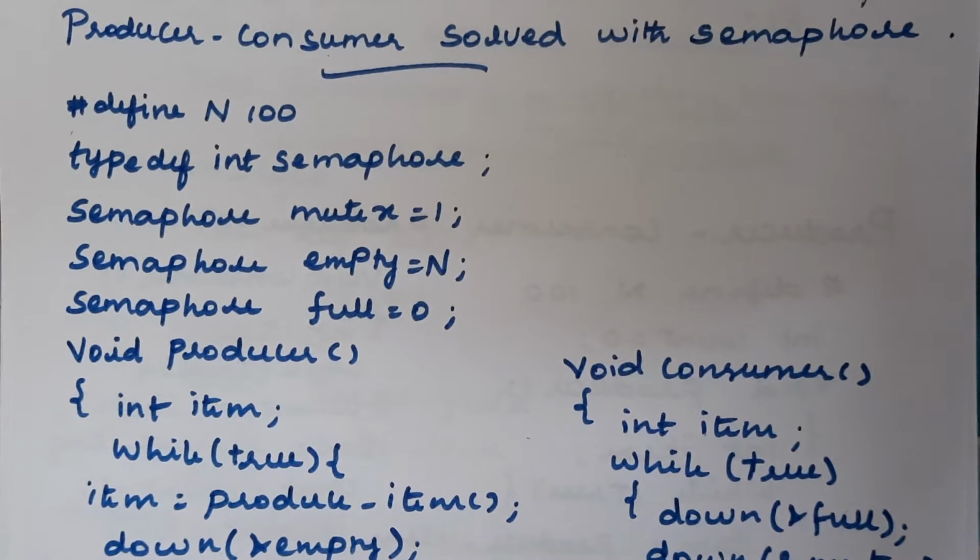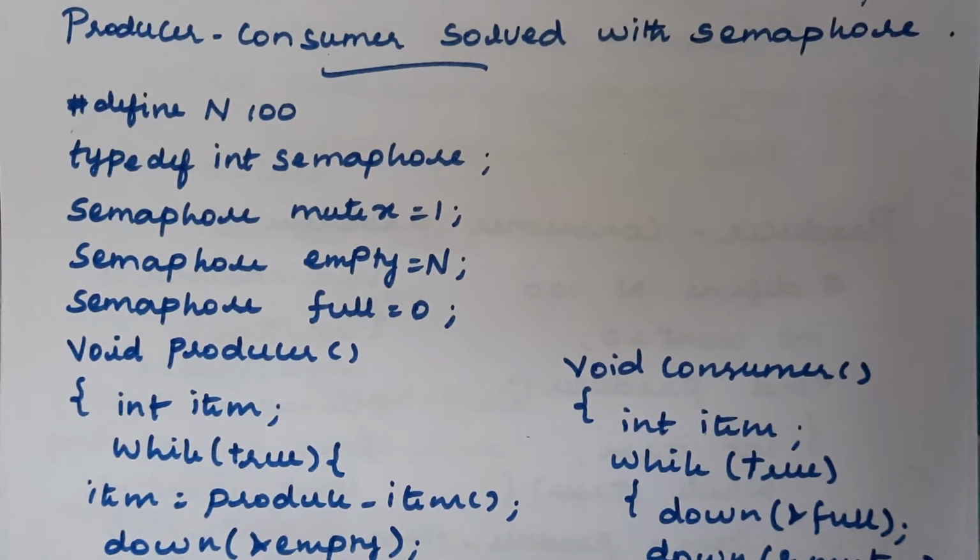Okay, and the next one: if there are multiple CPUs available, suppose you are working in a multiple processor environment, we should make sure that only one CPU at a time uses this semaphore concept. If it tries to execute any semaphore operation, or tests the semaphore variable, at a time only one CPU must do all these semaphore operations. So we need to make sure about that if you are working with a multiple processor environment, right?